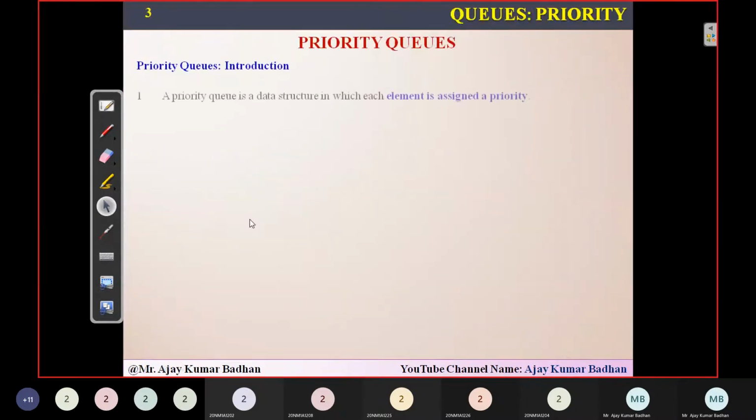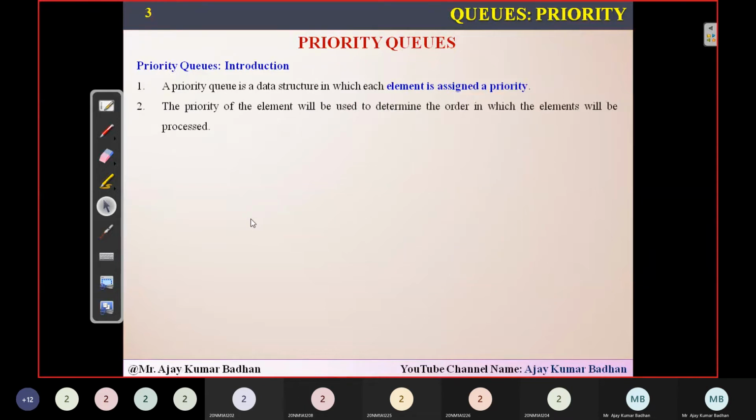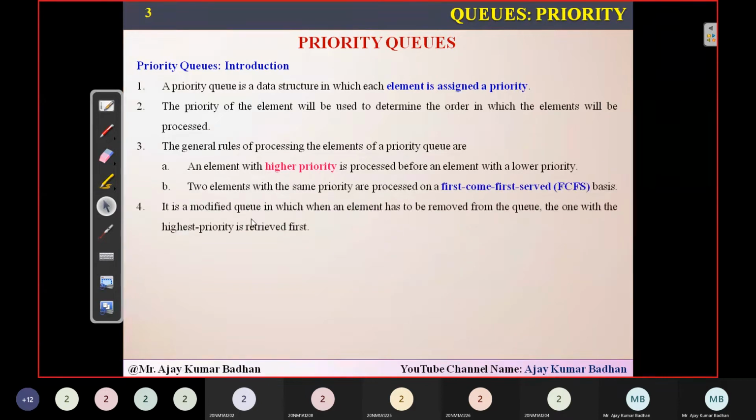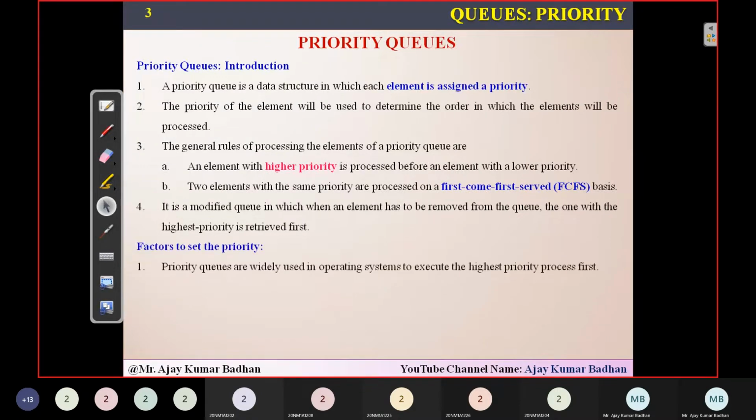So in priority queues, we have already discussed what exactly we mean by priority here. Every element that we insert into this array or linked list is given a priority, and based upon that priority we perform the operation. Whichever element has to be deleted from the queue is based upon the priority given to it. This means the higher priority process will be processed first. And if two different processes have the same priority, then we use something called the first come first serve technique.